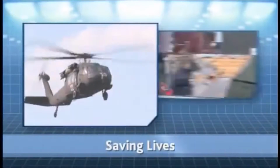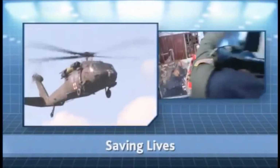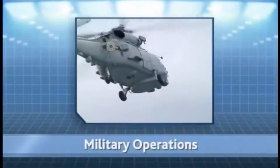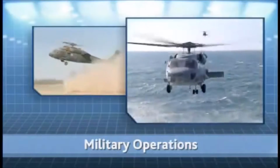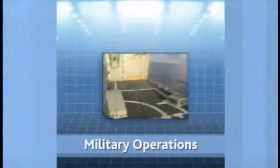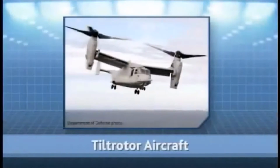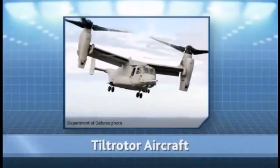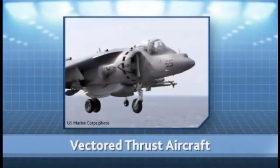We have all seen situations where human life is in the balance. Situations in which a vertical flight aircraft could mean completing the mission or not, and in many cases, the difference between life and death. The ability to take off and land vertically has tremendous benefits, on the ocean or on land, where the most direct route is up and over obstacles. Helicopters' forward speed is limited by the rotation of their main rotor blades. Tilt rotors and vectored thrust aircraft also have drawbacks. Clearly, there is a need for an aircraft that can hover efficiently, but reaches high speeds. From this opportunity,